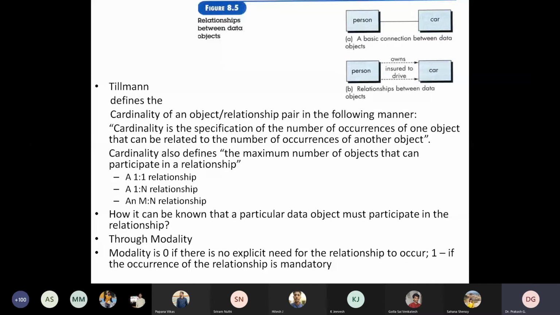So I am not actually discussing everything. Followed by this data modeling concept, whatever I discussed here is about the data object, data attributes, data relationships, okay, data object relationships, and also the cardinality and modality. So followed by this, the next topic, which is supposed to be present here, is all about the ER modeling or entity relationship modeling. So that is what I discussed in terms of cardinality and modality.